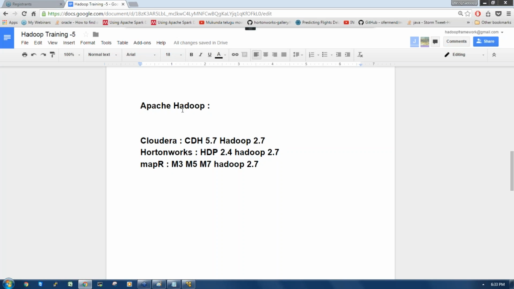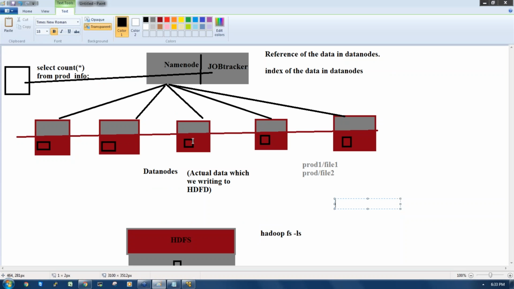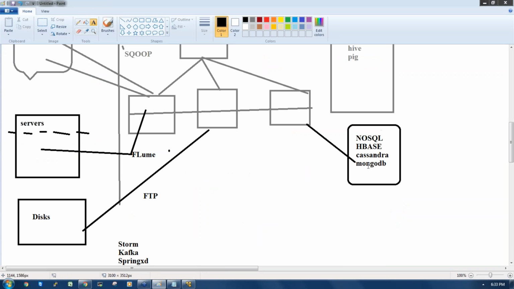Then where does the difference come? The movie is the same, the difference comes in the price, the features, and the environment which they are providing. But how we collect the data from the various external sources, how we process the data with the data processing tools, and how we store the data in a Hadoop cluster as part of NoSQL, this is the same in all the Hadoop distributions. It's the same data processing available with all Hadoop vendors.